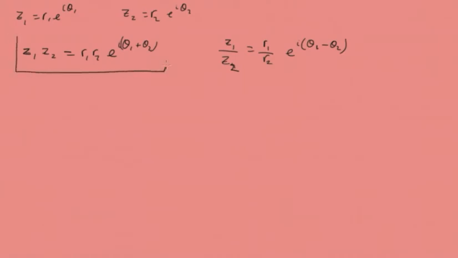So if we wanted Z1 Z2, that is going to come out to R1 R2 e to the i (theta 1 plus theta 2). If you had Z1 over Z2, that comes out at R1 over R2 e to the i (theta 1 minus theta 2), just the rules of indices. So these are two really useful